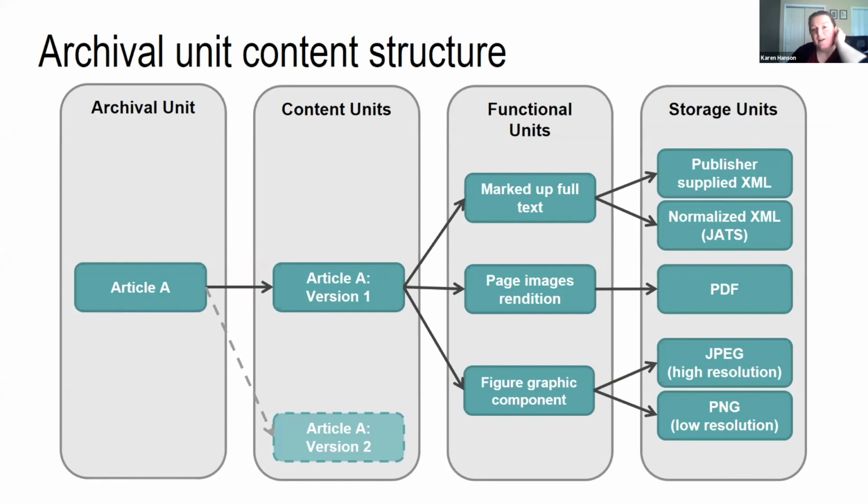And then within that, content is grouped according to files that are intellectually equivalent. And I think the easiest one to understand here is a figure graphic. So you can envision that a publisher might have the original high quality image and then a lower resolution version that was embedded in the book, in the article. So it's intellectually the same content, but there's more than one format of it. And then finally, all the way to the right, you see just the files that make up the package.